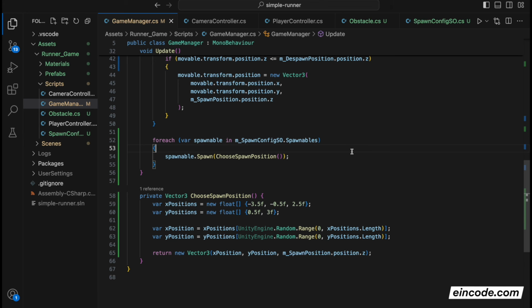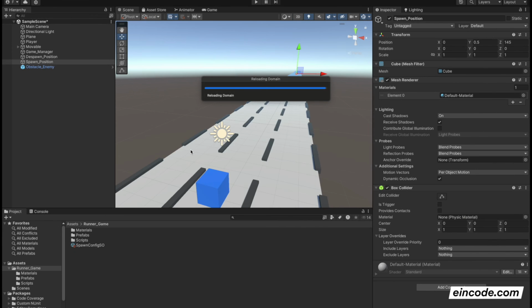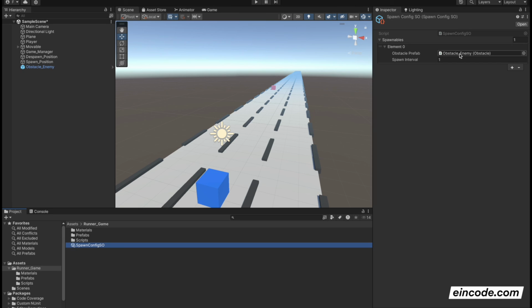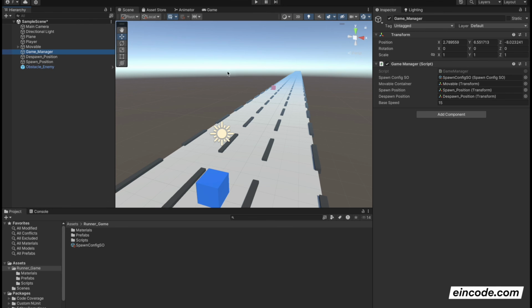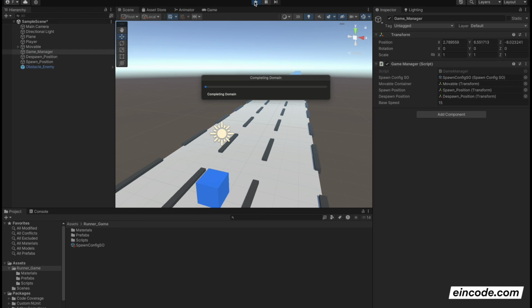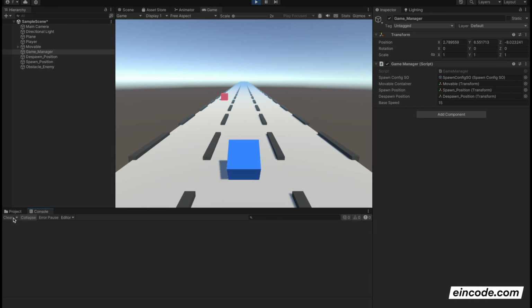We can save this, go back to game, and now you should spawn these game objects each second. So verify one more time your spawn configuration. You should have your obstacle enemy, spawn interval 1. When you go to your game manager, the spawn config SO should be assigned here. So when you run the game, you'll see now